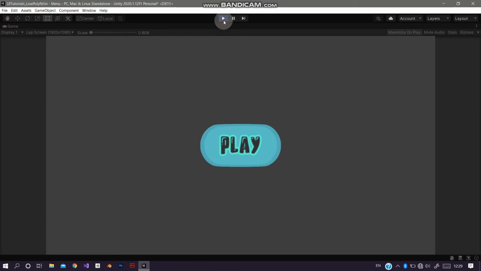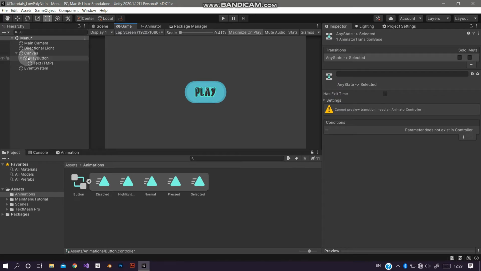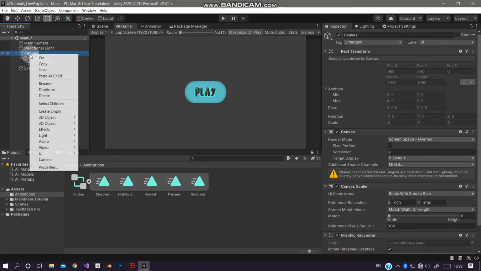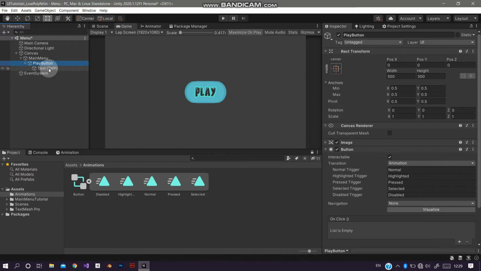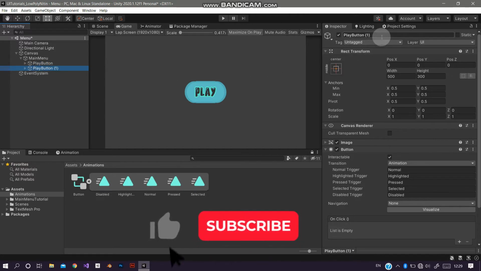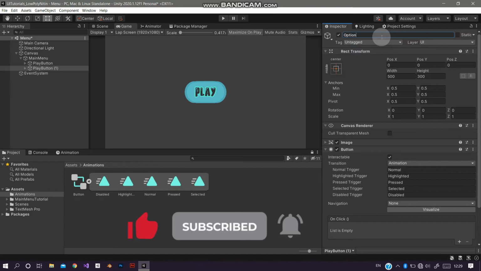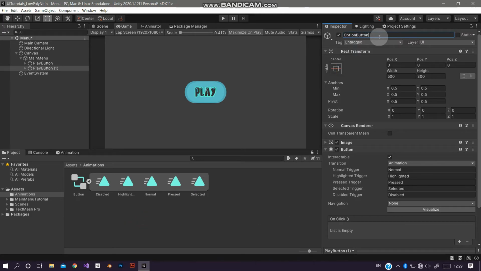So now let's make the other buttons. Right click on the canvas and create an empty game object, rename it to menu, and drag this play button onto the main menu to make it a child. Now let's duplicate this play button, rename it to options button, and move it a little bit down,